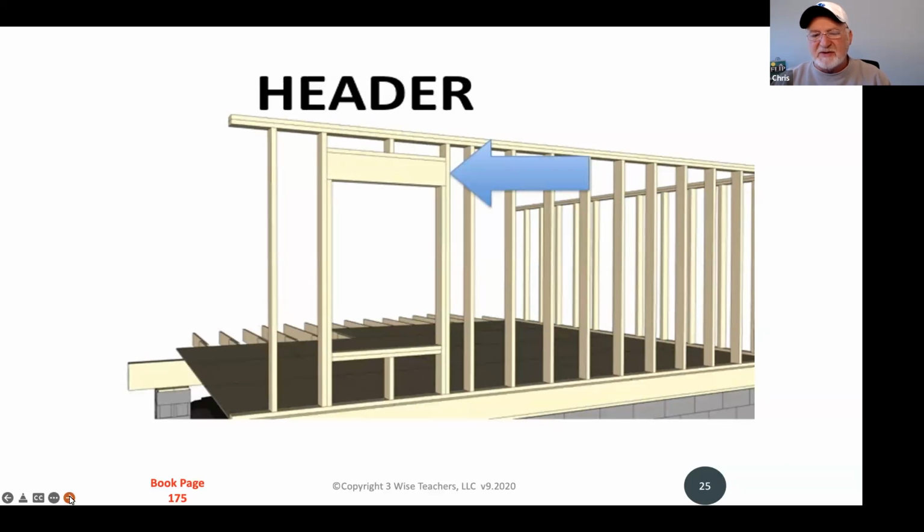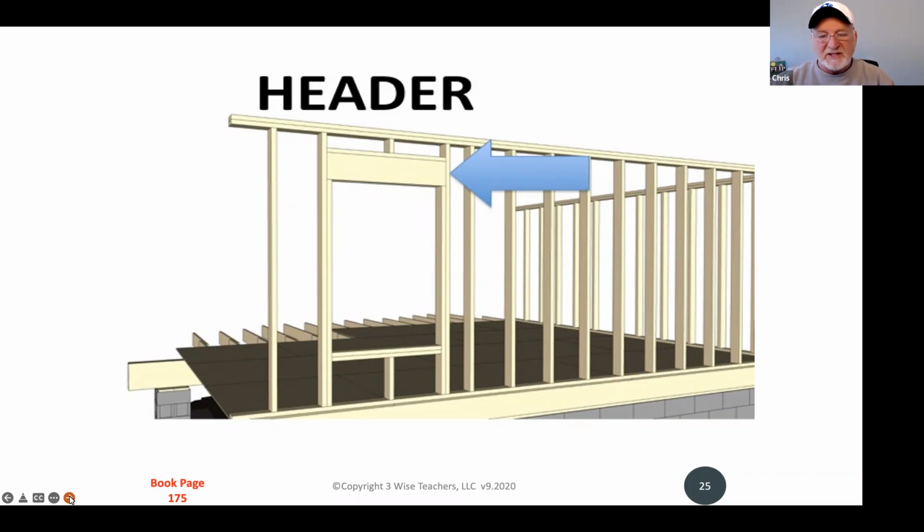The header, this is kind of interesting because you really can't see it very well from this picture, but typically the header acts kind of like a girder does. It's usually doubled up or a larger piece of wood that's designed to bear more weight. So you can see that header right there is above a window. The purpose of that is that you're going to have weight from above, in other words, there could be another floor above this wall that you see here. So what the headers do is they take the weight that's coming from above and they disperse it out to the wood on the side.